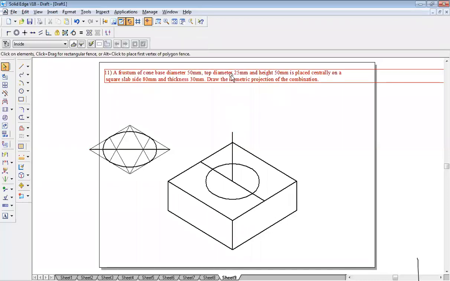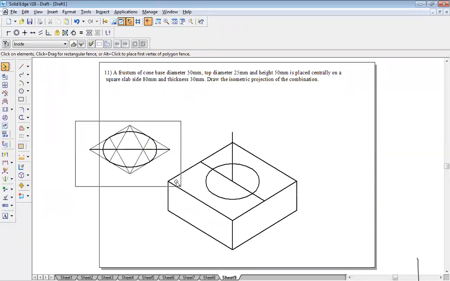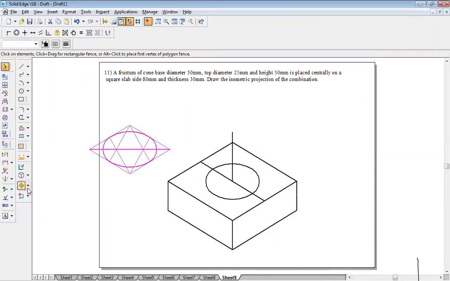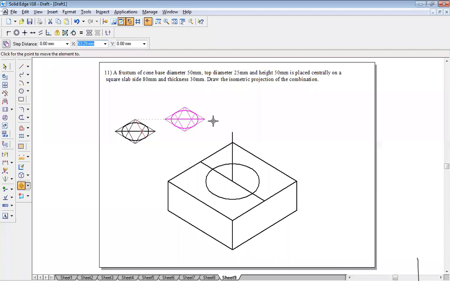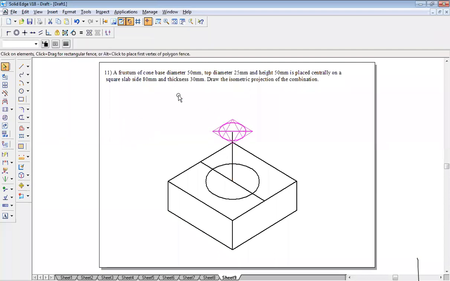Okay, now on the top face it is 25. This I've done for 50 mm. Same thing I want for 25. Select the entire thing. Go to scale down. Requirement divided by available. Requirement is 25. On the top, what was available was 50. So 25 by 50. I've reduced. If I click on the line, it is showing 25. So it is correct. Select the entire thing. Go to move command. Switch off the copy option. This midpoint should fall on the tip of this line.